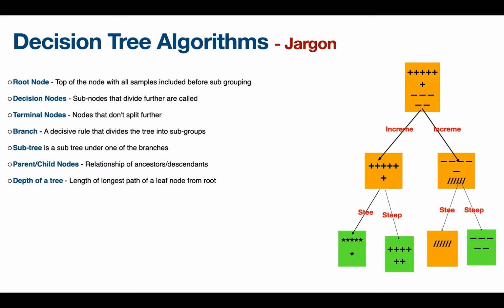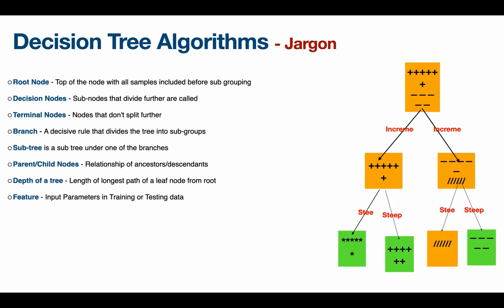Depth of a tree is basically the length of the longest path to a leaf node. So if from the root you consider all the paths to the leaf nodes, whichever is the longest, that's the depth of the tree. So in this case we have a depth of 2. The tree is balanced here, so that means all the leaf nodes are at the same level. But it is also possible that the tree could be imbalanced, meaning let's say under the star on the extreme left we can have further levels, in which case that becomes the longest path, right? So that's the depth of the tree.